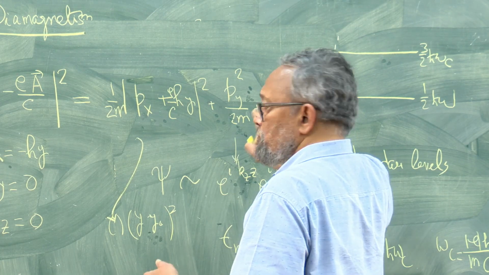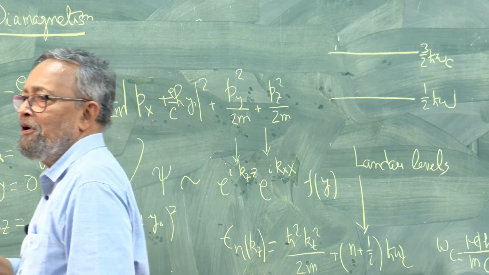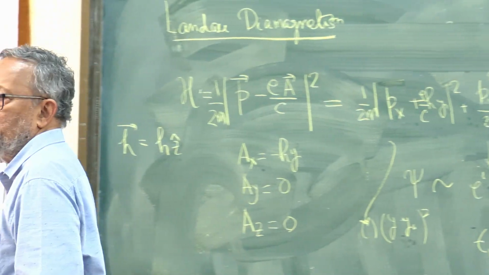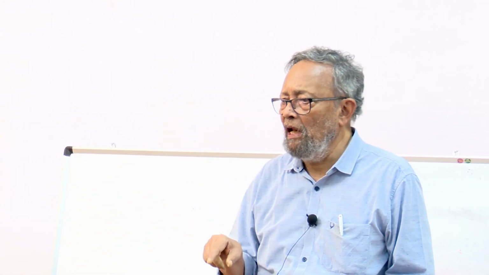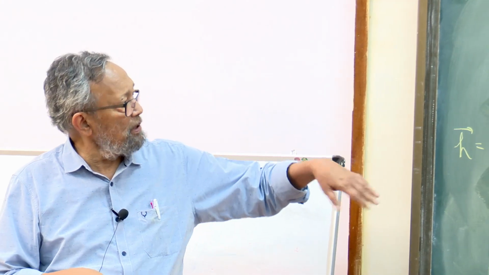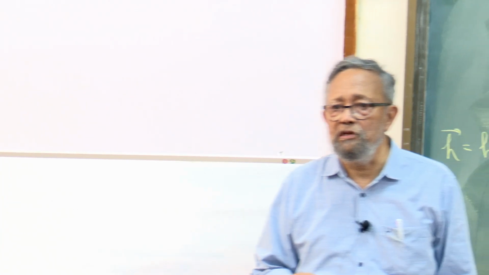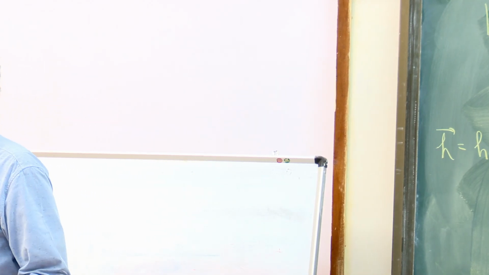And the Kx I can choose. When you have periodic boundary conditions, the Kx you choose depends on how big your system is. So there is a spacing between these Kx values. It's 2 pi over Lx. So you can choose this many Kx's, but all the Kx's will give you basically the same result. I mean, it doesn't matter. Energy of harmonic oscillator doesn't depend on what Y0 is, where you center it. So each Landau level is actually